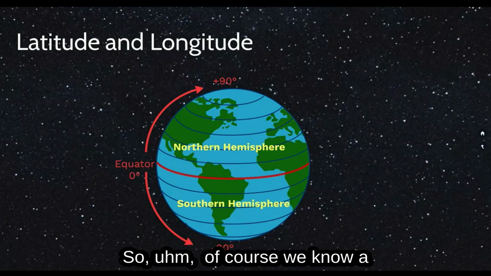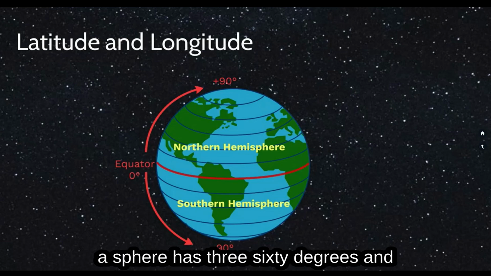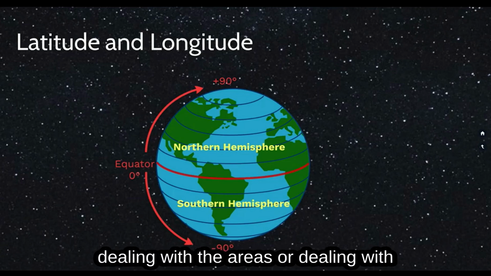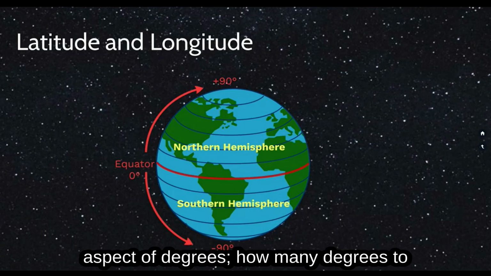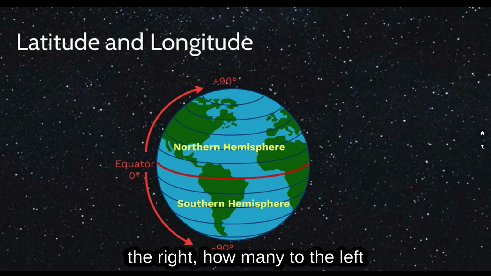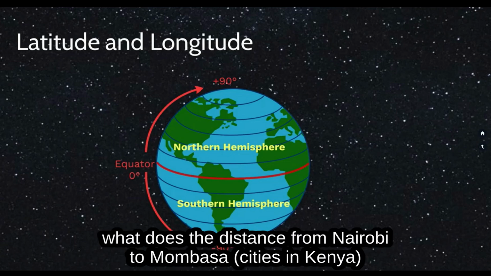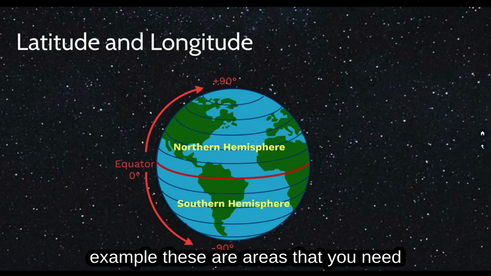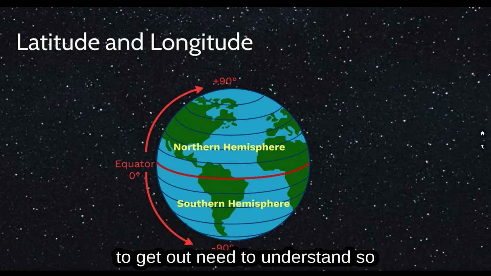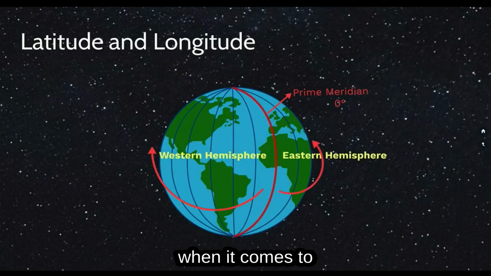So of course, we know a sphere has 360 degrees. We need to understand, for example, if we are dealing with areas or angles, the aspect of degrees. How many degrees to the right? How many degrees to the left? What is the distance from Nairobi to Mombasa? What's the distance from Nairobi to Cairo, for example? These are areas that you need to understand. So when it comes to,